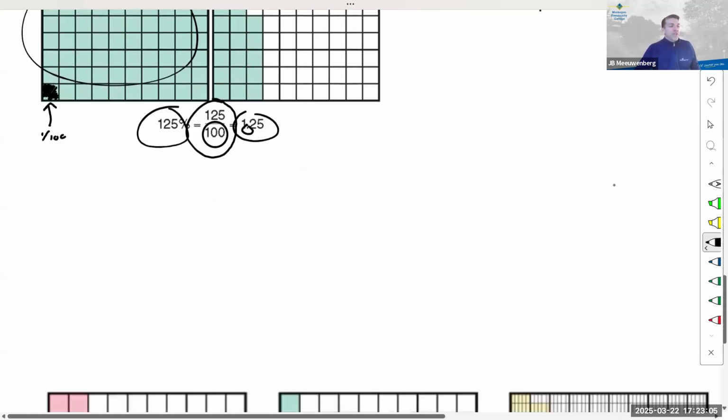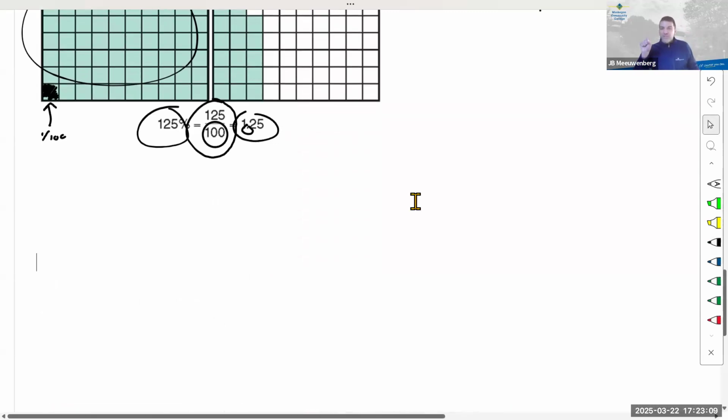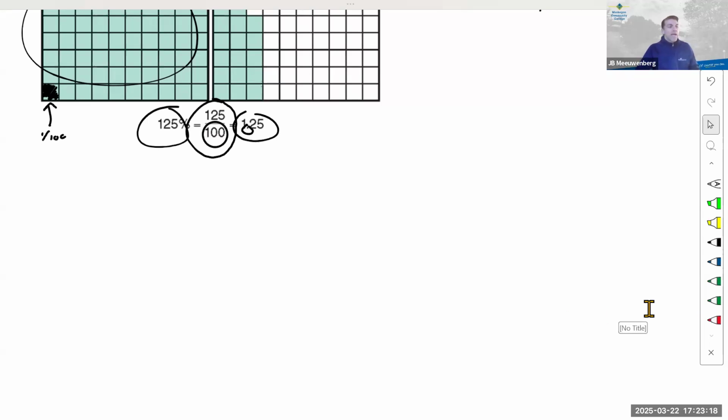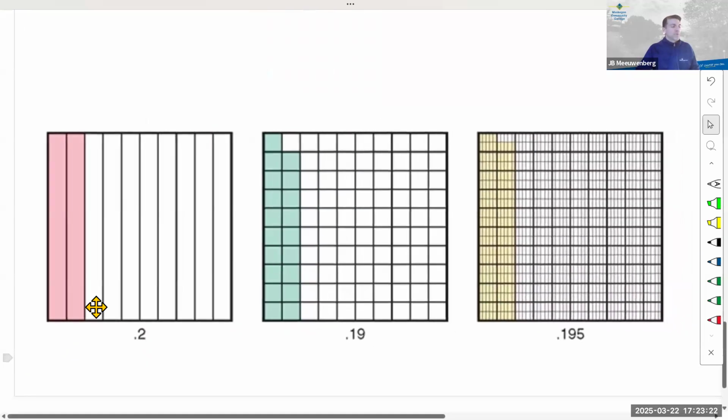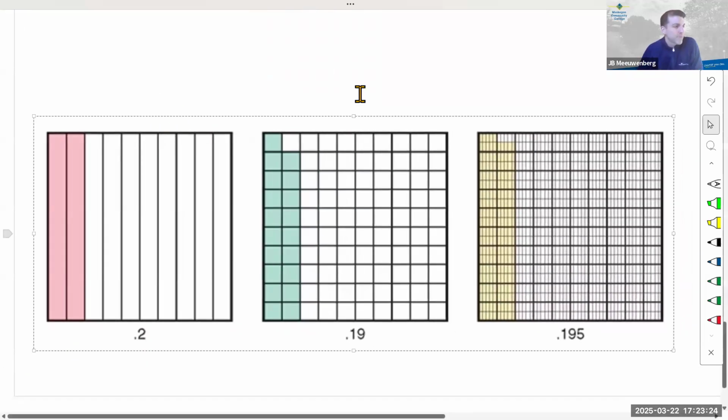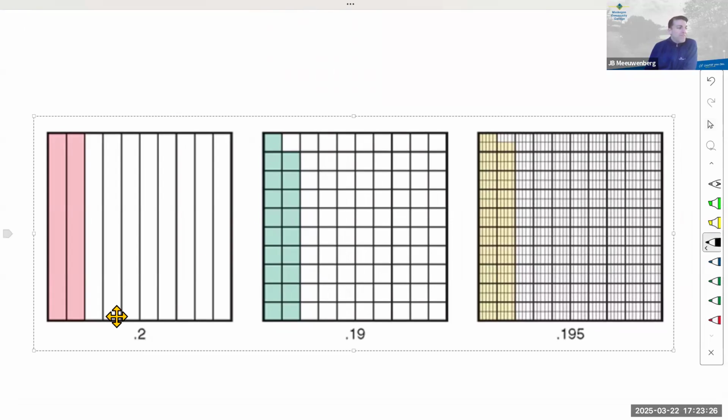Now, one of the things that can be a little challenging is when we have decimals or fractions within our percentages. Sometimes that can be a little challenging to see what that looks like. And so I'm going to start with this. So what we see on our left is the decimal